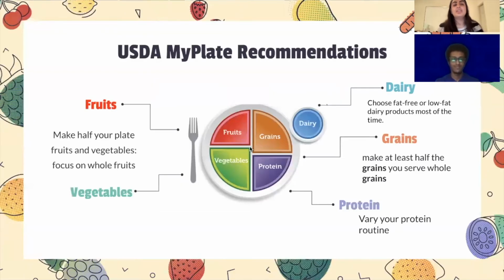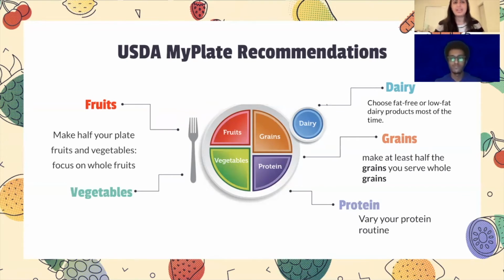Okay. So these are the USDA MyPlate recommendations. We talked about how nutrition looks very different for everybody. So these are recommendations. This is what would keep you healthy and give you a good amount of every food group that we talked about. When I look down at my plate, usually I will see a lot of pasta. My whole plate is covered with pasta, but I don't know if I see all these different food groups. So this can definitely be a great guide to make sure that the plate you're looking down on when you eat is really well structured, so you have all of these different groups.